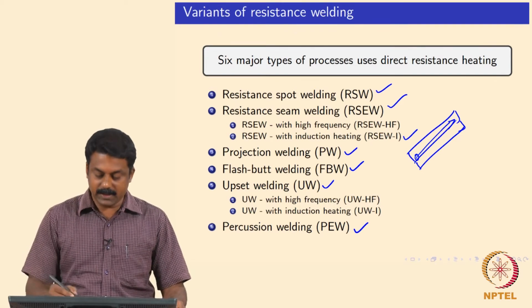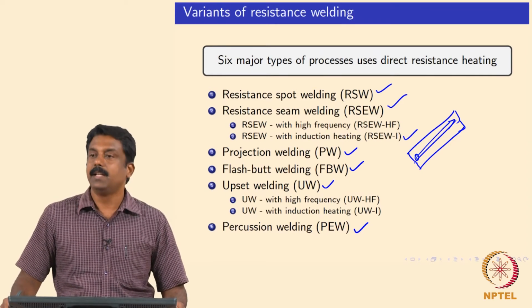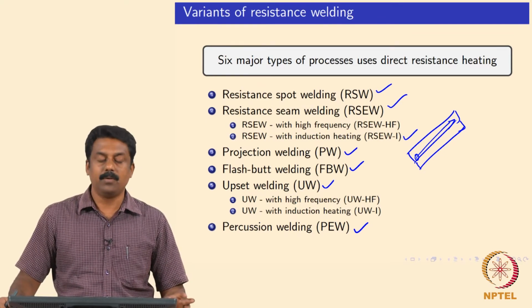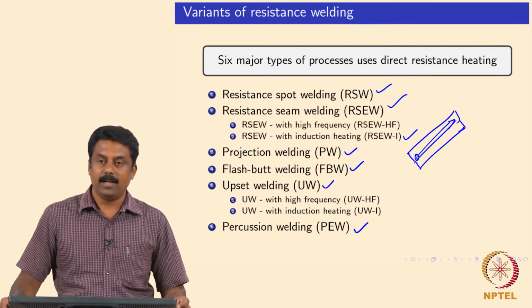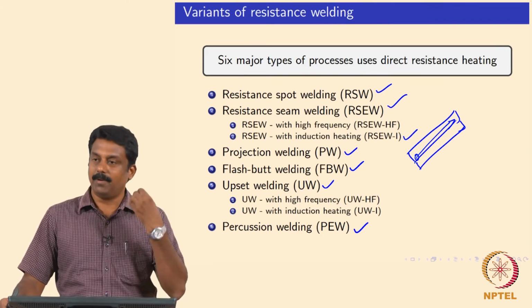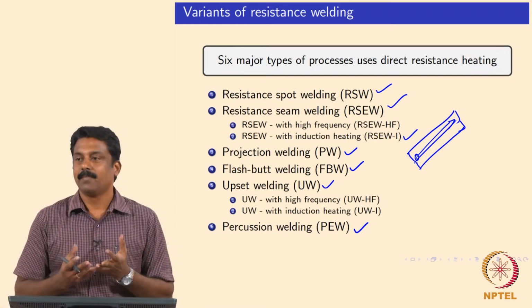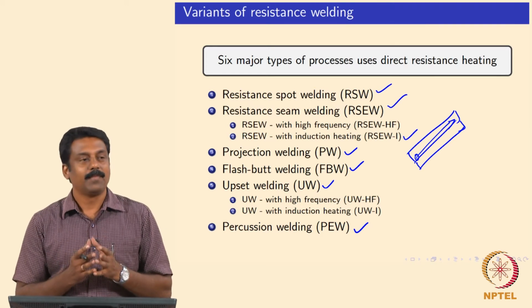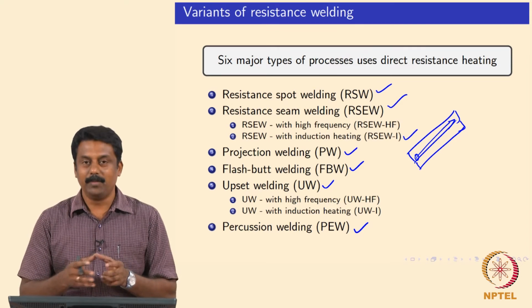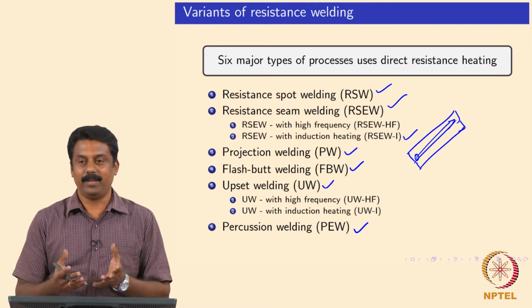We look at all these processes in this unit: what the important factors are that control the heat generation, what types of electrodes we use, and why we should use each process for which application. That is what we are going to see in this lesson, how the fundamentals govern the welding processes to make such welds, because then we can improve the weld metal property.